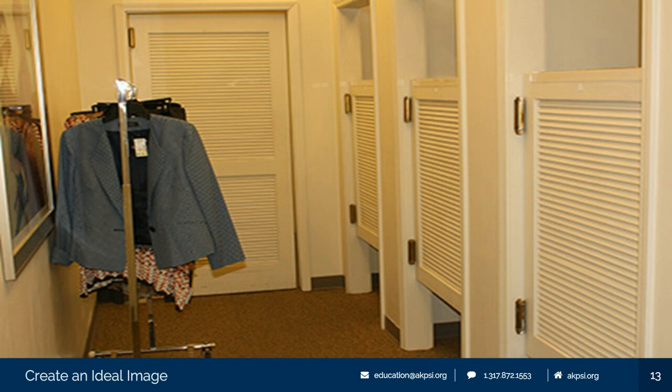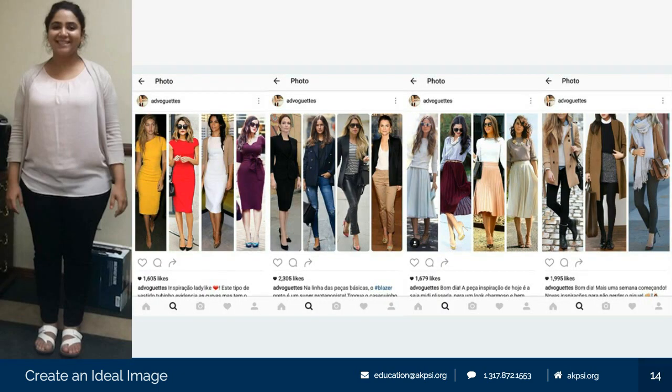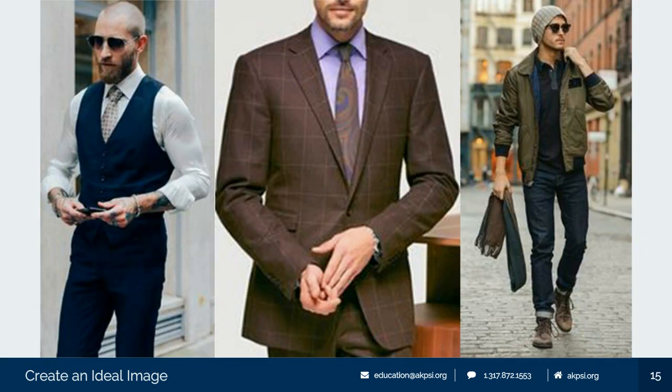So again, when I went shopping, I took into consideration all of the styles that she really liked. Just like for men, I'm going to look for whether or not you want to be the hipster, you want to be more the classic gentleman, or maybe you're not even that formal.